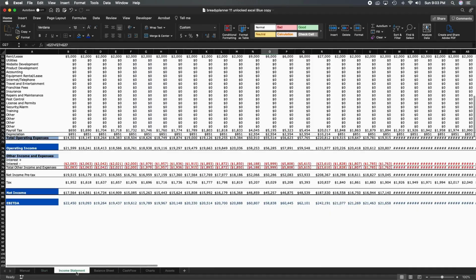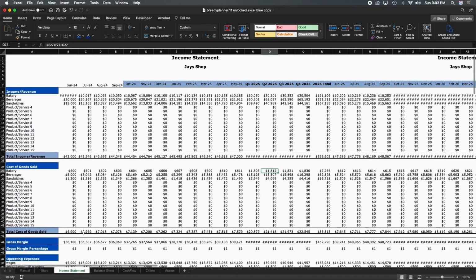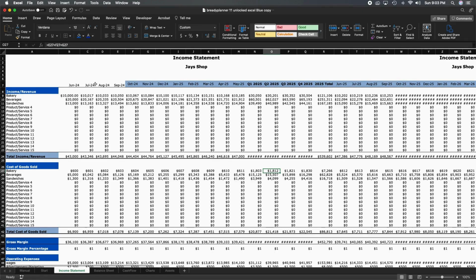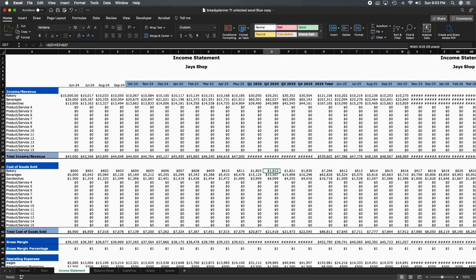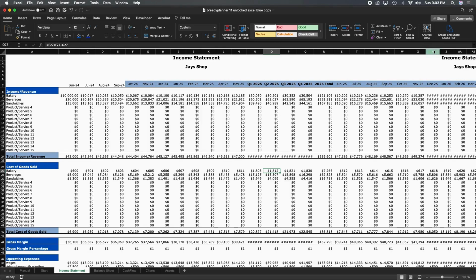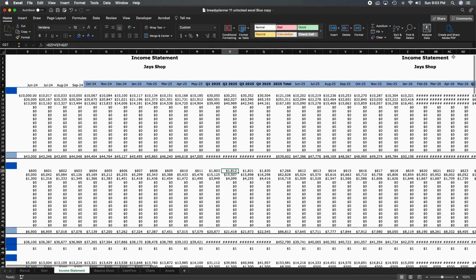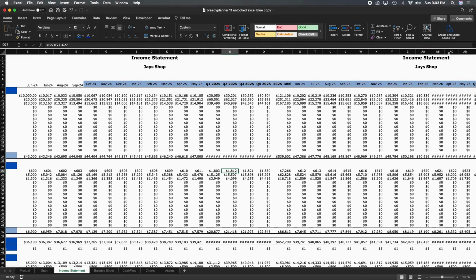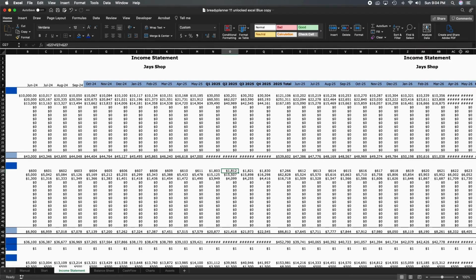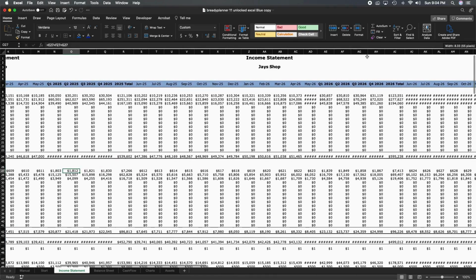So what you can do in that scenario, if you have one of those businesses, and one of the first things that I recommend, I'm sorry, I'm just going to expand this out. Let me just kind of back up here. One of the first things that I do recommend is when you first get a copy of the spreadsheet, make a copy of it. And the reason I say that is because there are lots of formulas that are in here, and so that if you accidentally delete one of them or change one of them here, it throws things